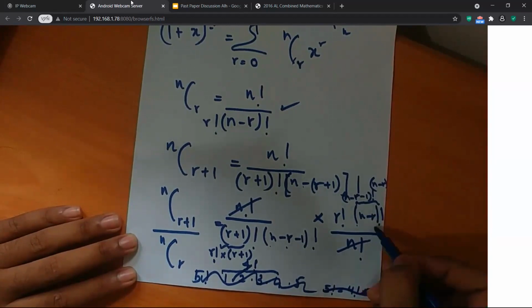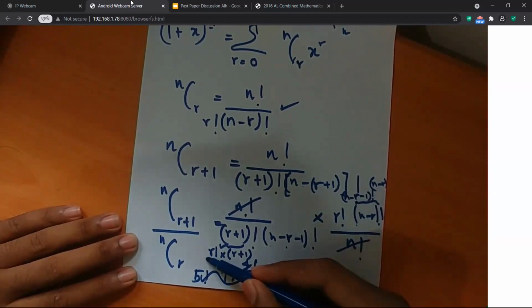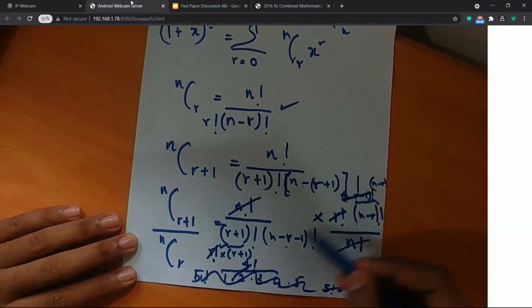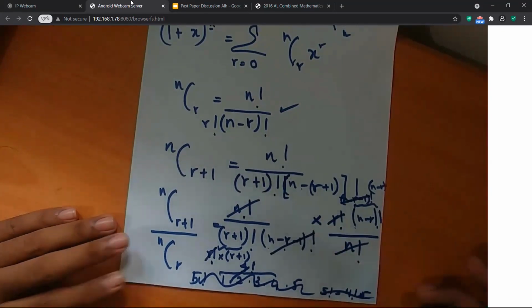So n minus r factorial can be written as n minus r minus 1 factorial into the next term, n minus r. Now we can cancel the r factorial and n minus r minus 1 factorial. So the remaining answer is